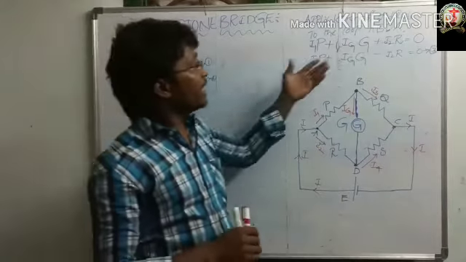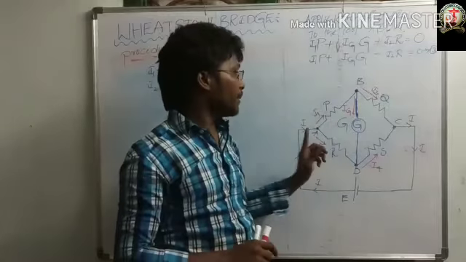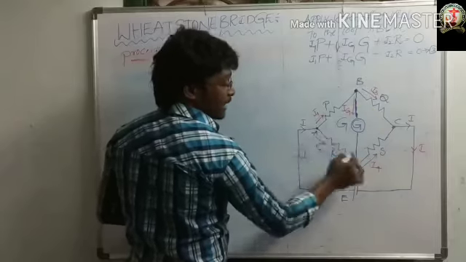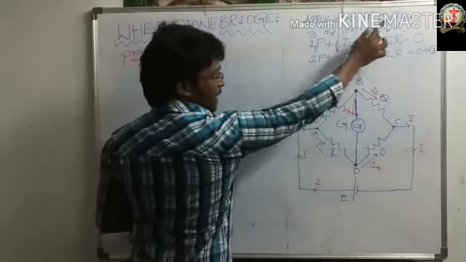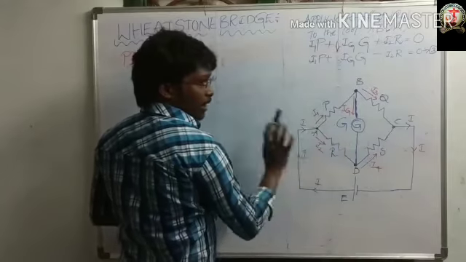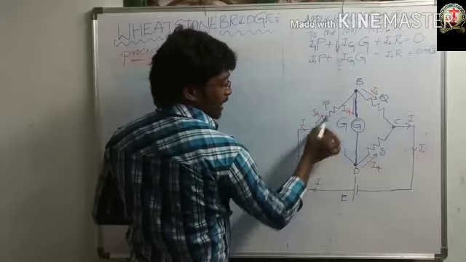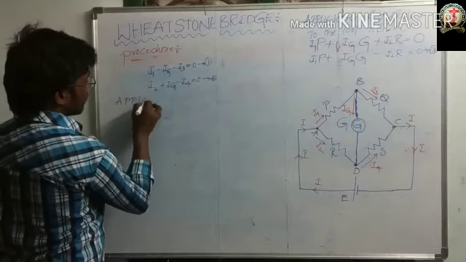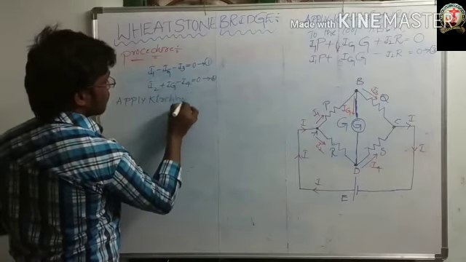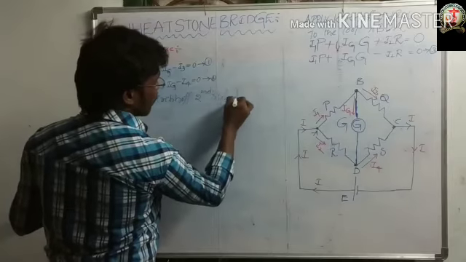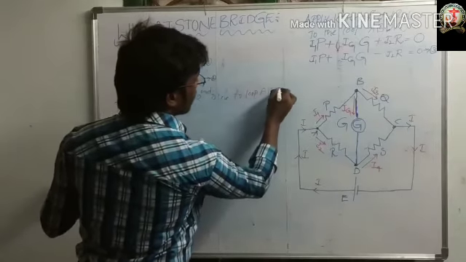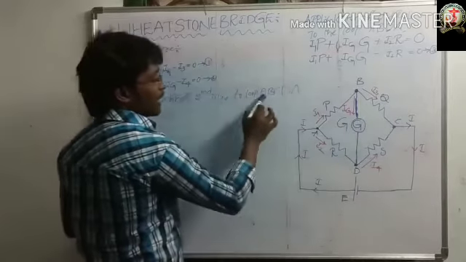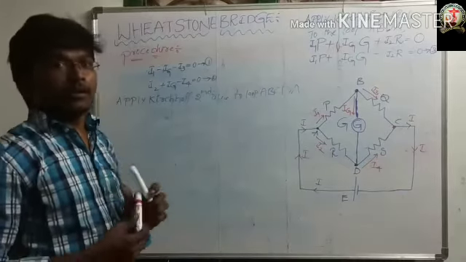Now what I did here: applied Kirchhoff's second rule to the loop A, B, D, A. Next, apply Kirchhoff's second rule to the loop A, B, C, D, A. Remember, first I applied it to the loop A, B, D, A. Now I am applying the second rule to this loop, A, B, C, D, A: A to B, B to C, C to D, and D to A. Okay, now see here.